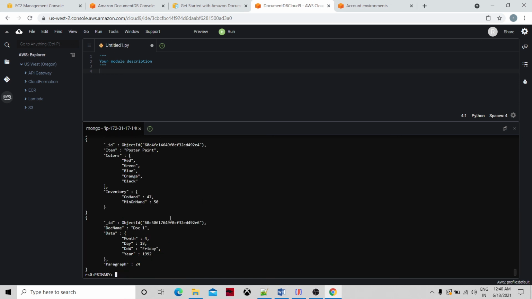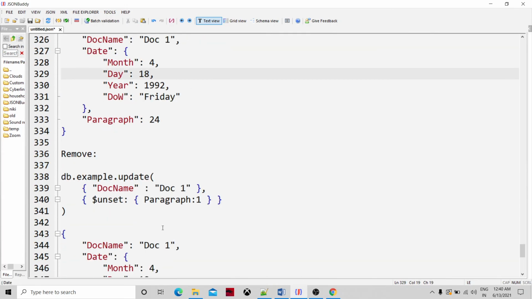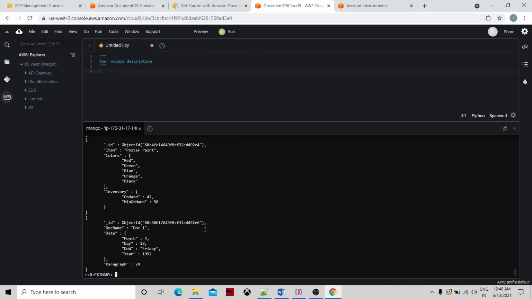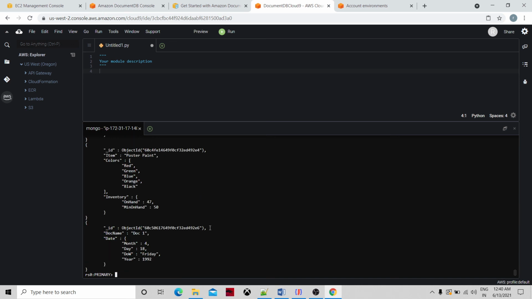See, this paragraph has been added. Now let me remove this paragraph. Okay, so now I think it has been removed. If I do db dot example dot find everything dot pretty, see, this paragraph has been removed from here.